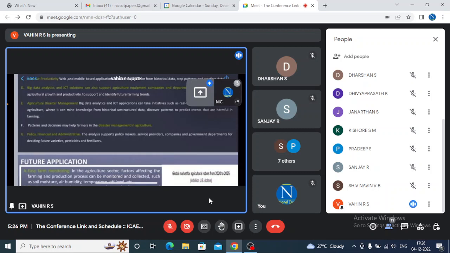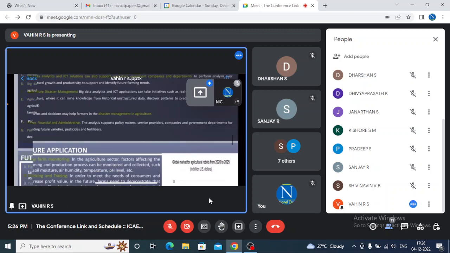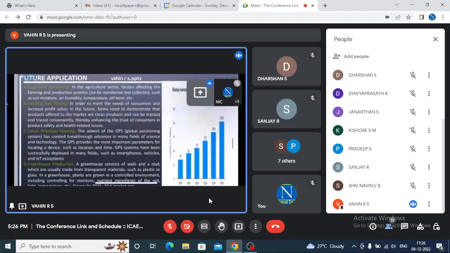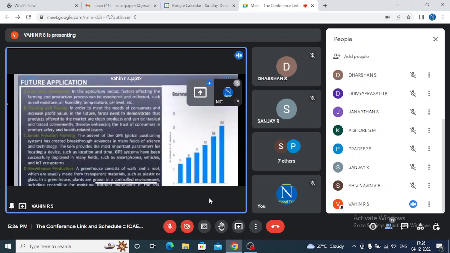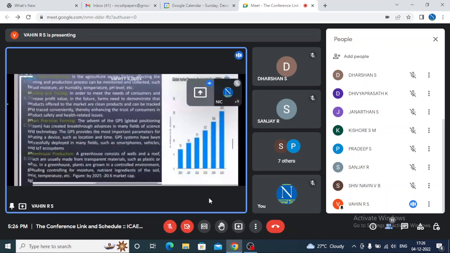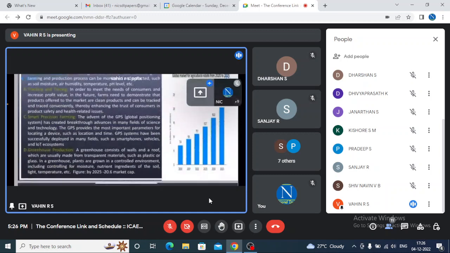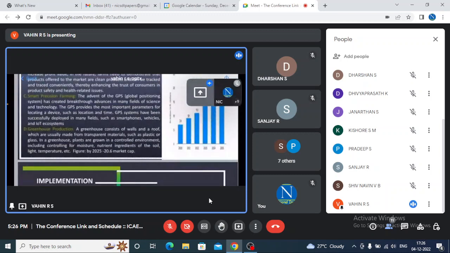The analysis supports policymakers, service providers, companies, and government departments in deciding future varieties, pesticides, and fertilizers. Here are the future applications: easy farm monitoring, tracking and tracing, smart precision farming, and greenhouse protection. Greenhouse protection was already mentioned in the earlier slides. A greenhouse consists of walls and a roof, which are usually made from transparent materials such as plastic or glass. In a greenhouse, plants are grown in a controlled environment, including controlling